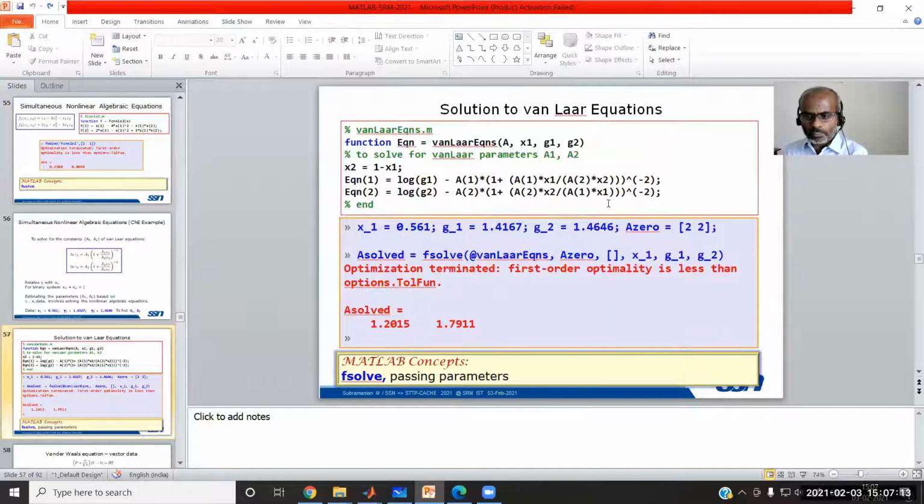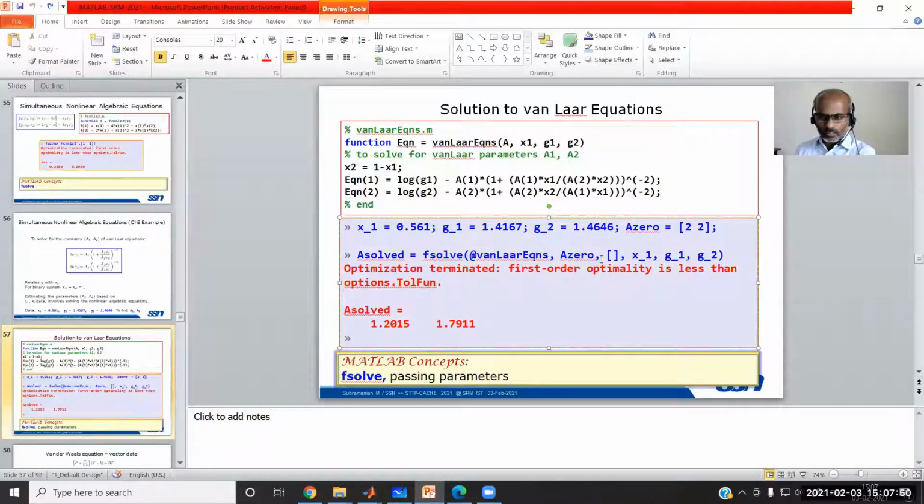So for that, you have to pass the parameter to the function. For that, this fsolve can accept that. In what way? fsolve is asking for the function file followed by the initial guess, and the third argument to the solver is the options to the solver. What is the tolerance criteria, or how many iterations have to be done? This is about convergence criteria. This third parameter to be passed to the fsolve is supposed to be the solver criteria.